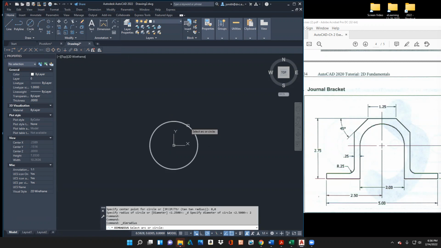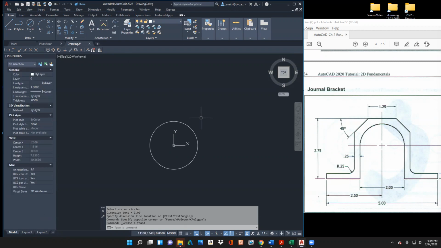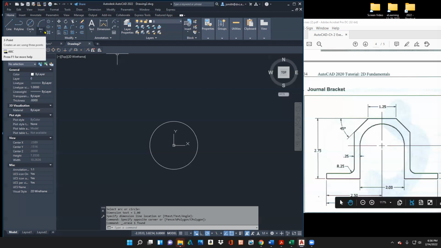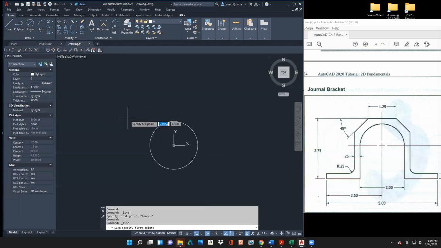Radius would then be 1. That's fine. That looks good. Okay, so far so good. I think the easiest way for me to do this is just build around it. So I'm just going to work with what I have here. Let's go across with the line tool, and we're going to start at 0, I guess, and I'm just going to